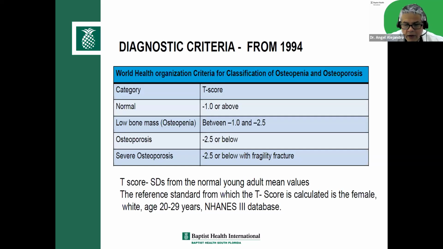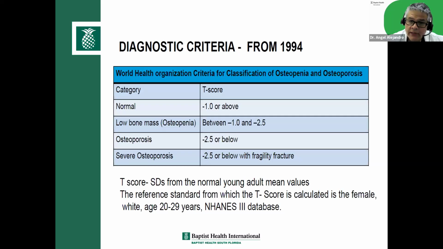Remember, and I always tell the patients, when we obtain a bone density, what we're doing is comparing your bones with the bones of healthy, young women between the age of 20 and 29. And what I tell them is if your bones are exactly the same as a 20-year-old woman, you get a 0. And a 0 is like getting 100 on the test. But because of age and maybe other risk factors, getting 100 is going to be hard. And then we calculate how many times weaker your bones are compared to a young woman. And that's how I explain it to the patient.